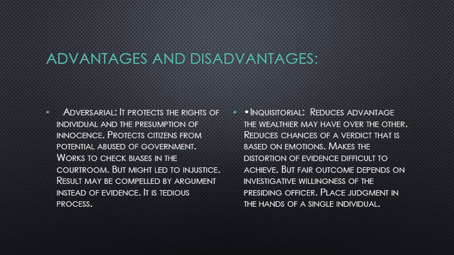You'd see that the judgments would be based on the emotionalness of the court, and of the two lawyers that will be fighting there. They would appeal to the emotions of the juries that are there and so forth, and the judgment would be in favor just because someone is emotionally attached to the case. So that also applies. And then we have makes the distortion of evidence difficult to achieve.